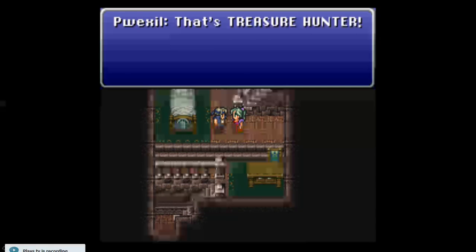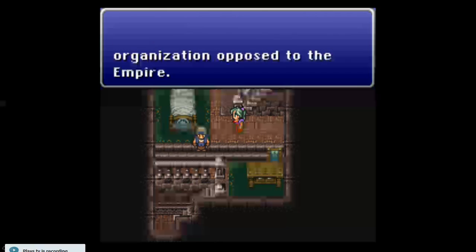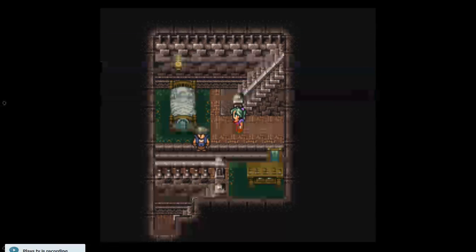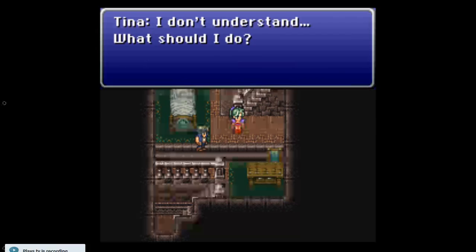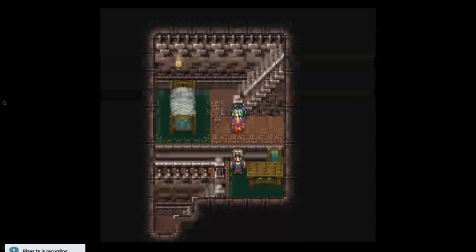Now we're continuing on Puwexil, the treasure hunter. He's very sensitive about being called a thief, even though he has the steal command and has to use it at some points in the game. He's going to discuss this with Terra a little bit more. Poor Terra is confused, but pretty soon she'll see just how bad the Empire is for herself. Although right now, bothered. So...